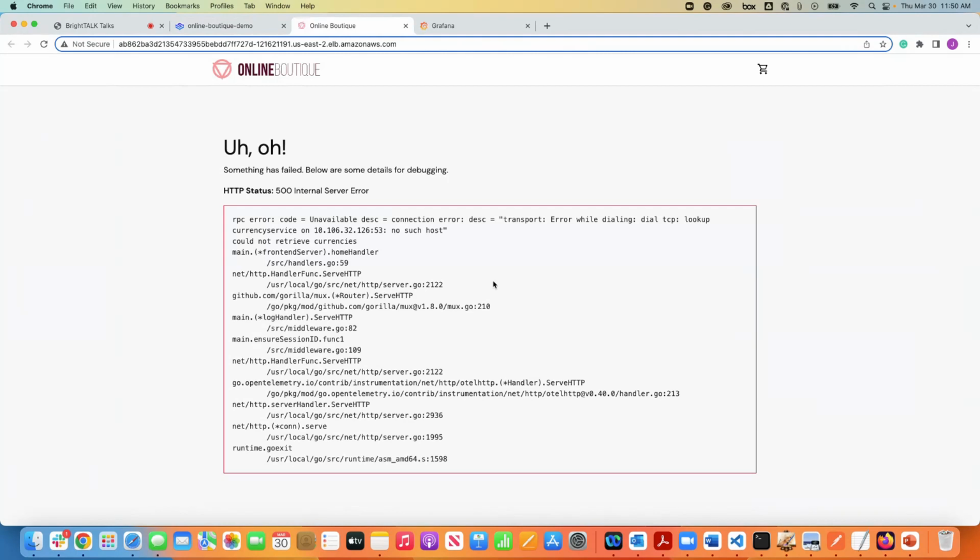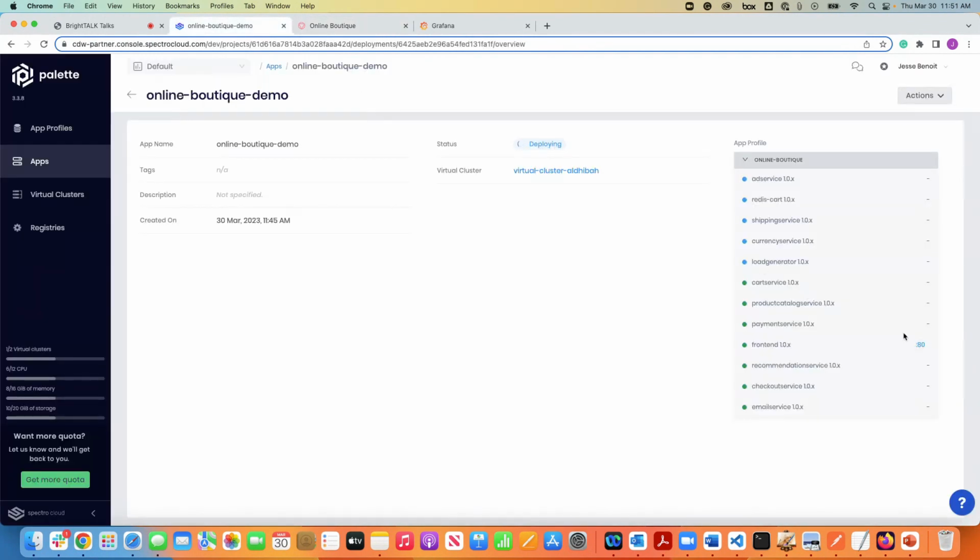The point here being that we do have the ability to punch directly out to the container in the app that's deploying. It looks like it's not finished deploying quite yet. Yeah, a little bit of work ahead of it. We'll come back. It'll be something interesting to show in just a moment here. But it's the same concept that we saw earlier.